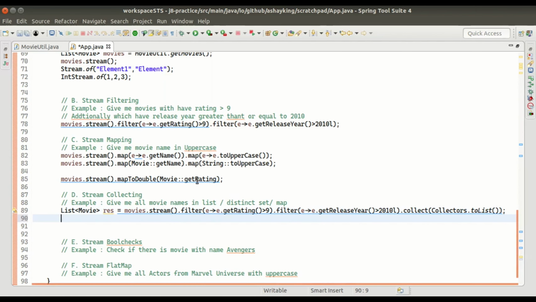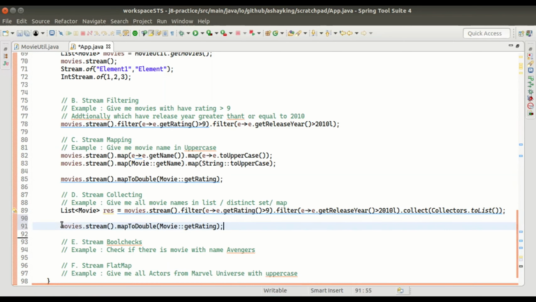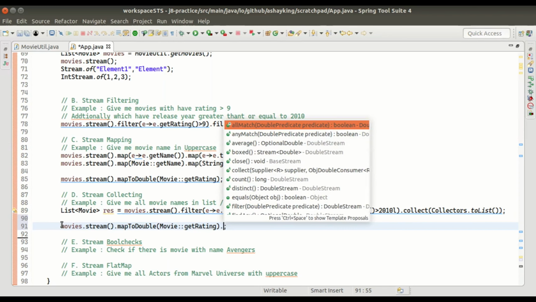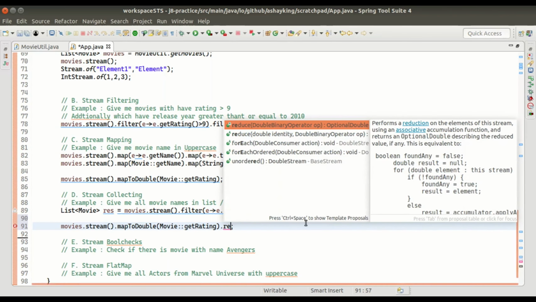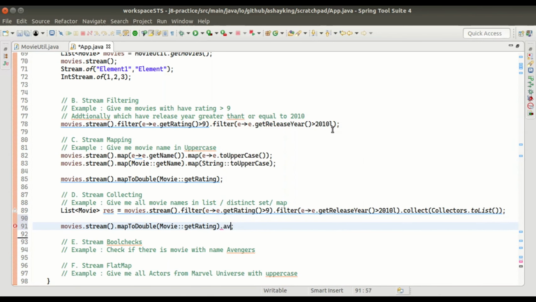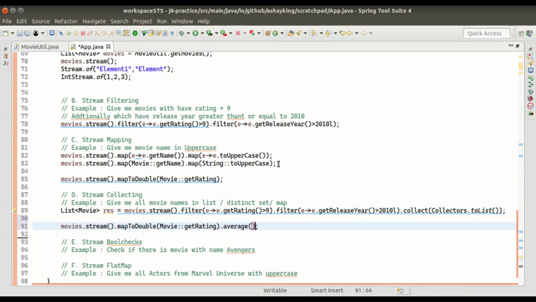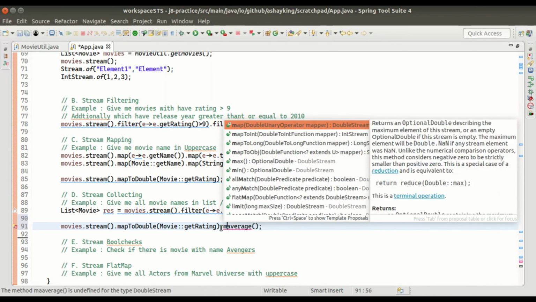Let's say I wanted to get the average rating which every Marvel movie has got till date. So let me just copy this, since I have the stream of ratings, and what I will do is either use a reduce, where I will need to put my constructs with an initial value like x and then whatever operation I want to apply, or they have provided commonly used methods like average, then there is max, and then there is min.